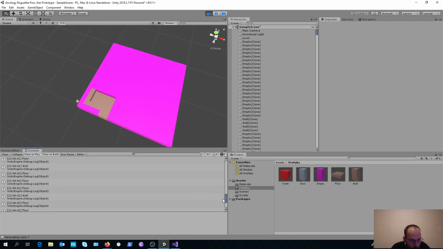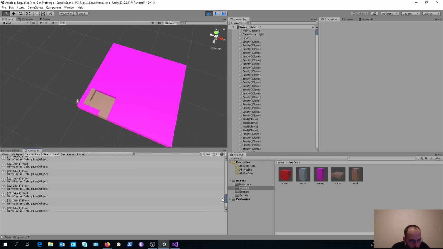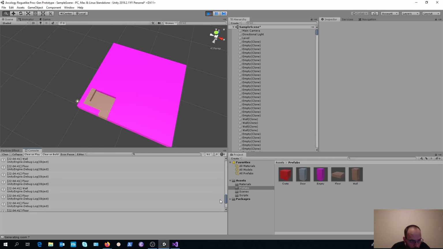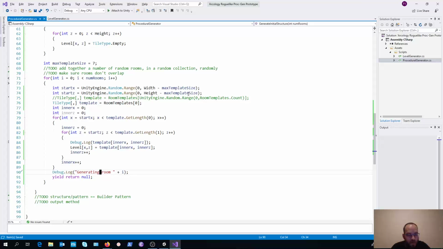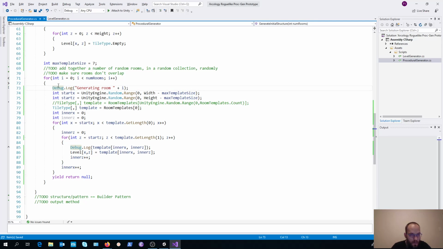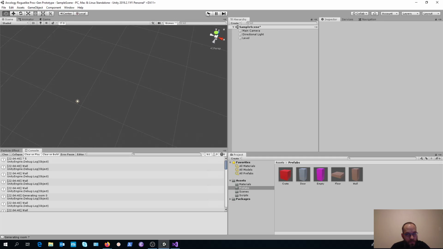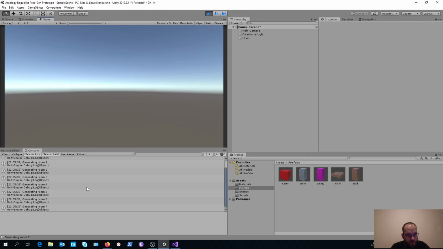Between room 3. The rooms generate on top of each other, which is fine, but it's just not generating enough rooms. This time it hasn't generated any rooms.